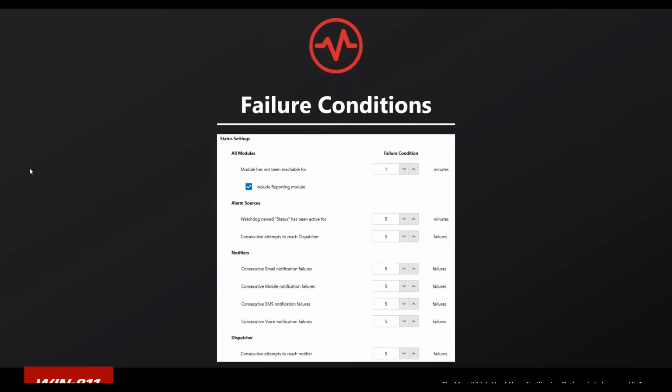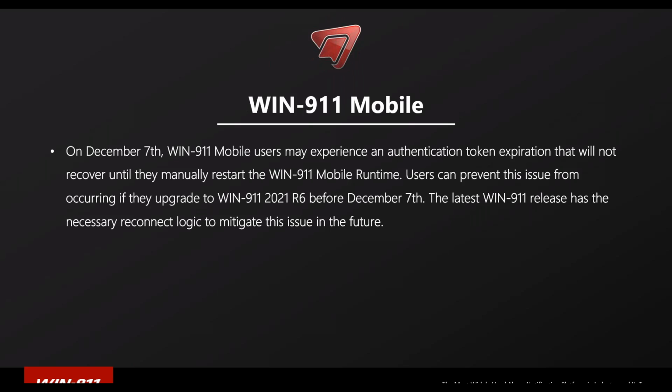The other thing I wanted to talk about real quick was about WIN-911 Mobile. We released a newsletter or an email memo, whatever you want to call it, about a week or two ago, saying that on December 7th, you may have a disruption to your WIN-911 Mobile system. There are 2 ways to resolve it. One is to just restart your WIN-911 Mobile runtime on your own, and the other preferred option is to upgrade to 2021 R6. That's because there's some reconnection logic that had to be changed for it to stay connected